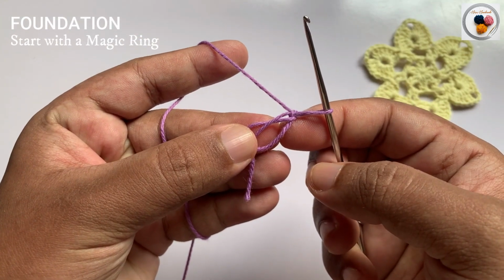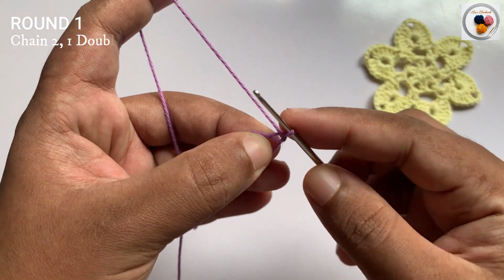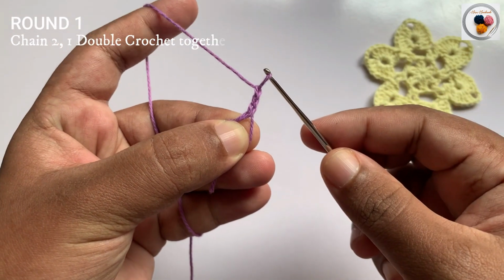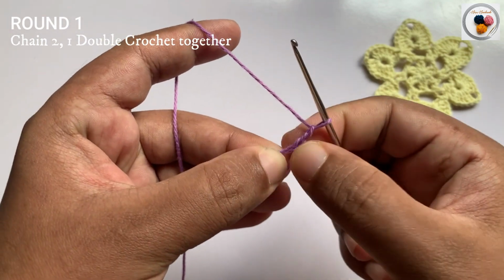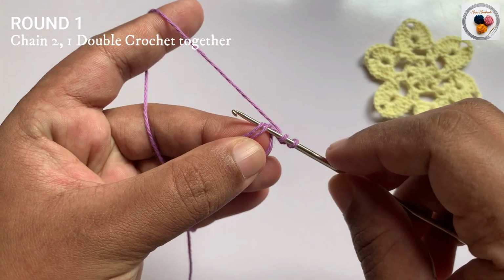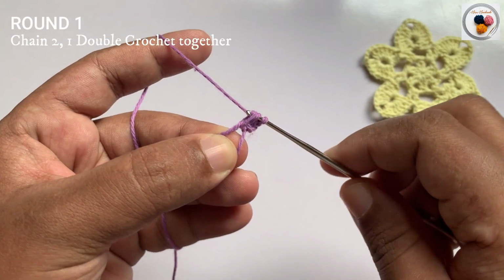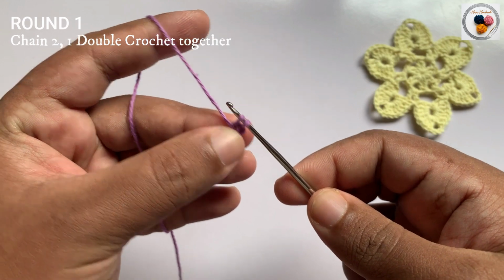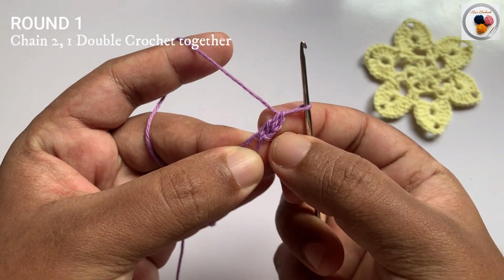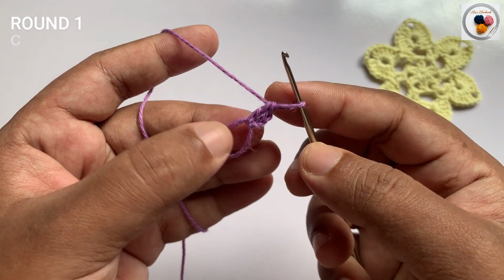We are going to work into this magic ring on the first round. So we will start with chain 2, 1 and 2, then work a double crochet into the magic ring. Yarn over, insert the hook into the magic ring, yarn over, pull through the magic ring. Now we have 3 loops, yarn over, pull through 2. Now you have 2 loops on your hook, yarn over and pull through both the loops. Now we are going to consider this as 2 double crochets together, and then chain 3,